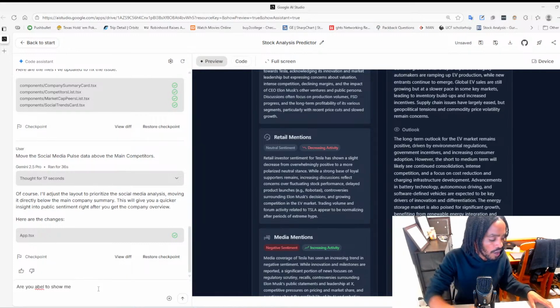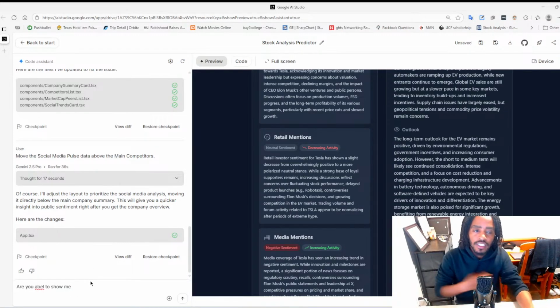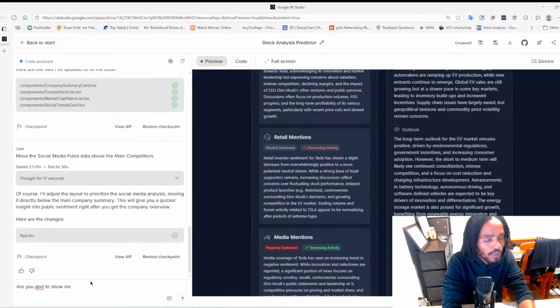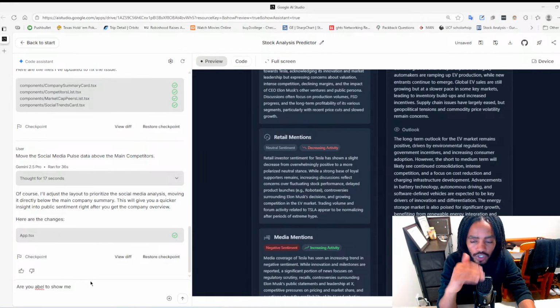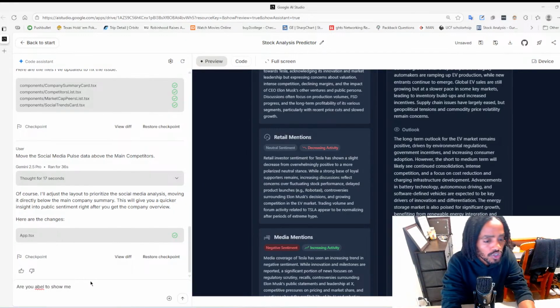I want to be able to see the sentiment chart, right? I want to see the flow of sentiment going from positive to negative and currently where it is. So are you able to show me a chart,